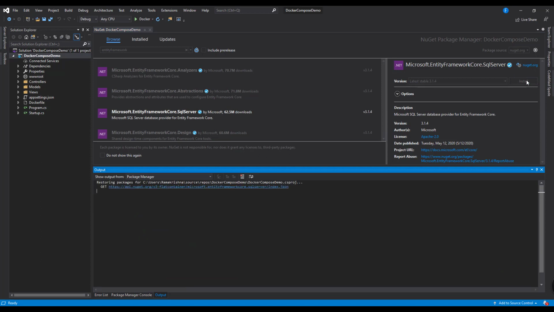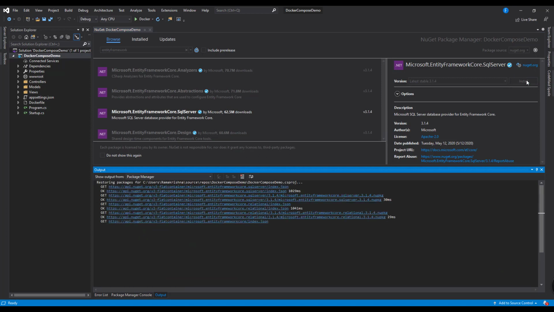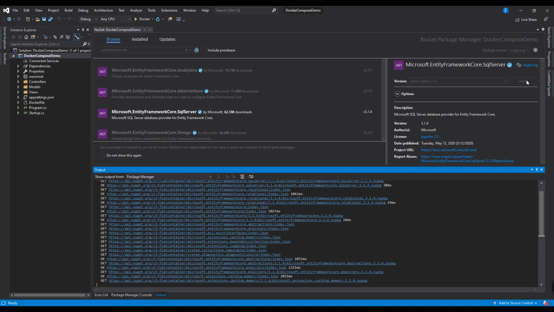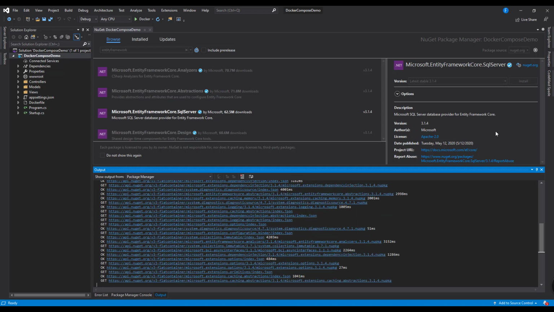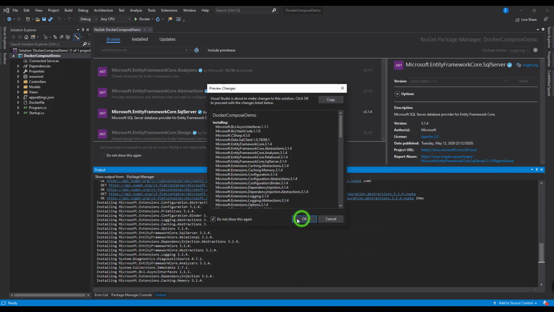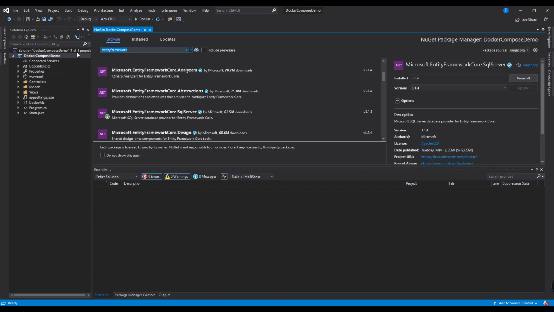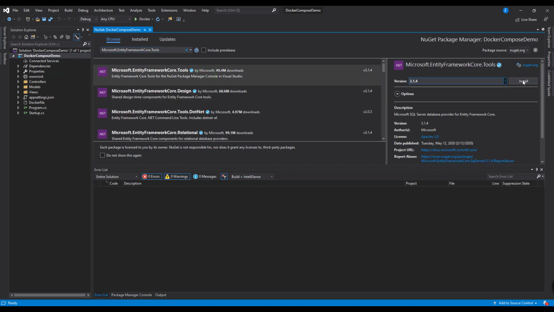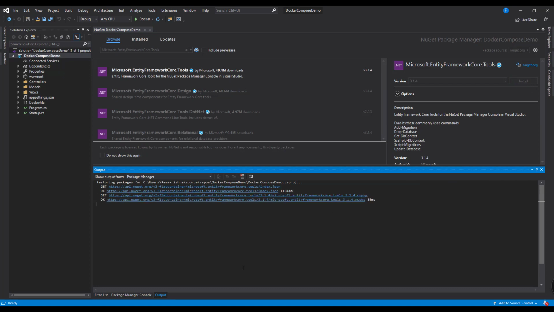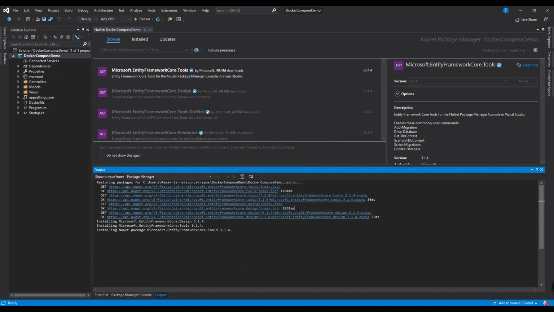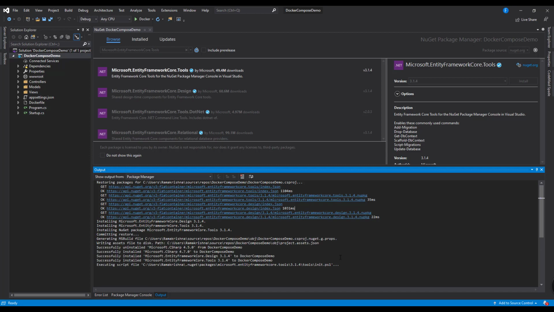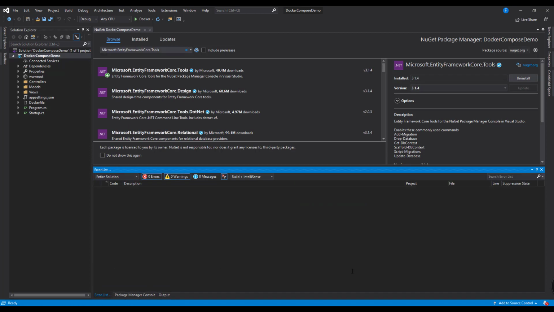Install. Accept terms and conditions and install. Now install Microsoft.EntityFrameworkCore.Tools. So both Entity Framework Core and tools are installed.